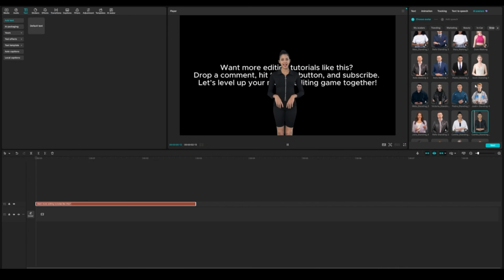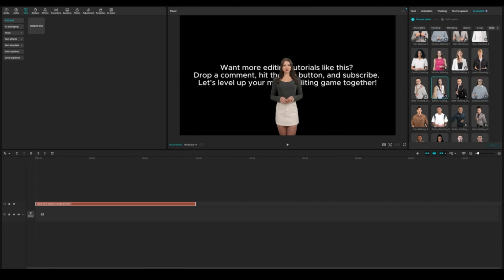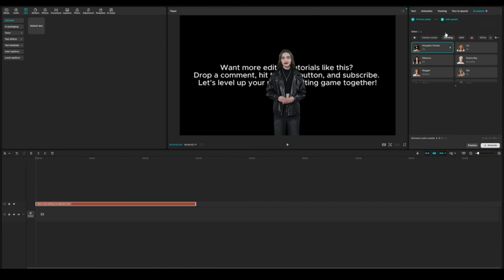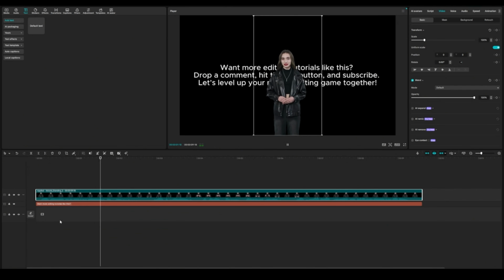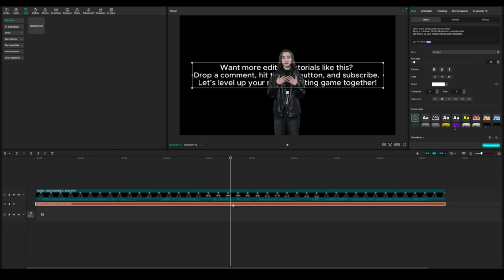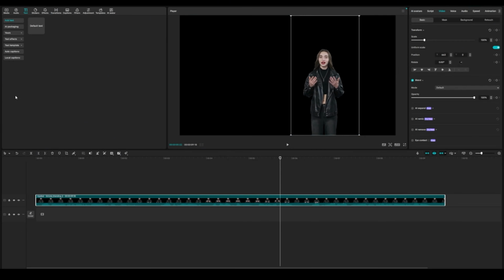You can scroll and see what's there and choose the most suitable one. Add next, choose a voice and generate. Wait a little and it's done. I'm removing the text. There's a person on a black background. Now I'll add video and